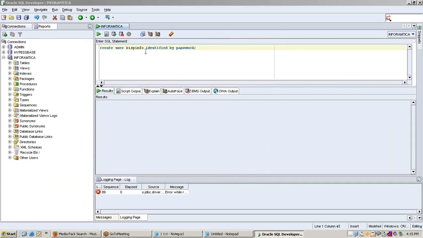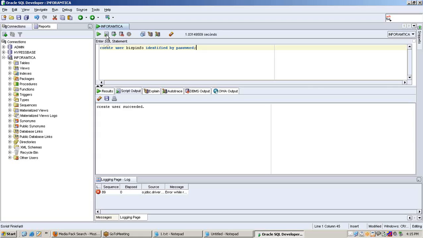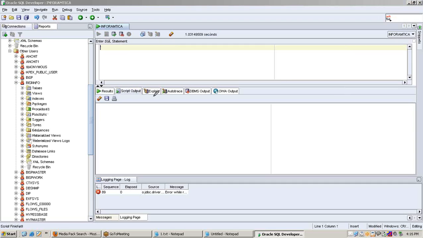This is the syntax and a query for create user. Now run. Now the user is created successfully. Now we can see the user is created. Now we need to grant privilege to the user.